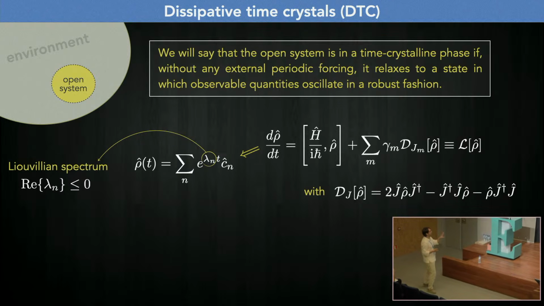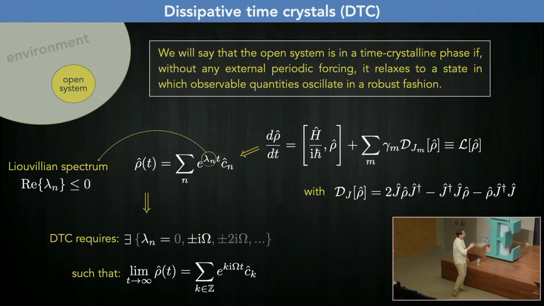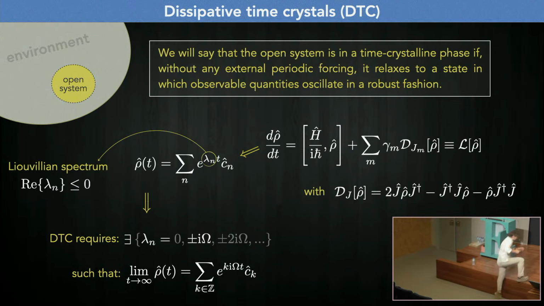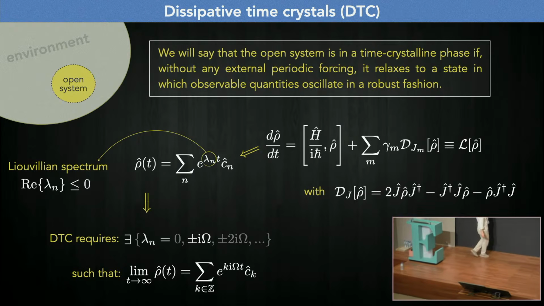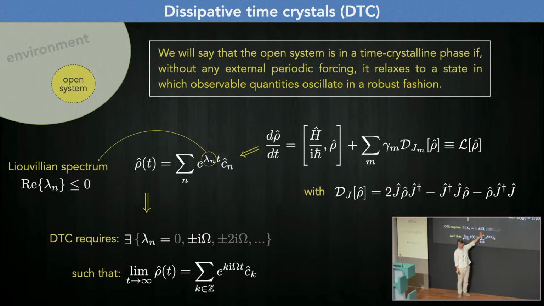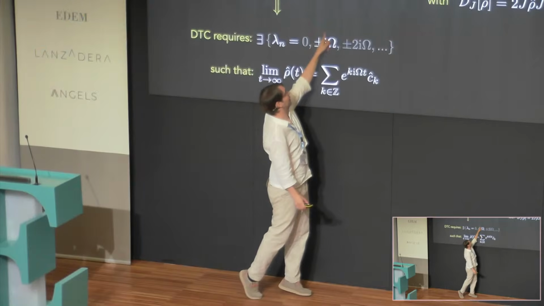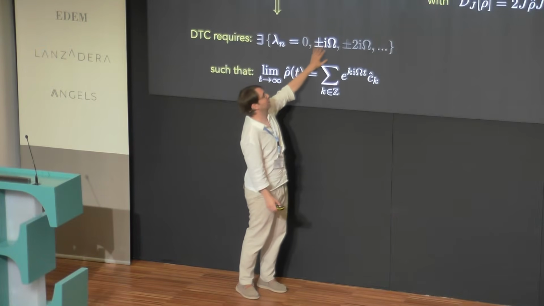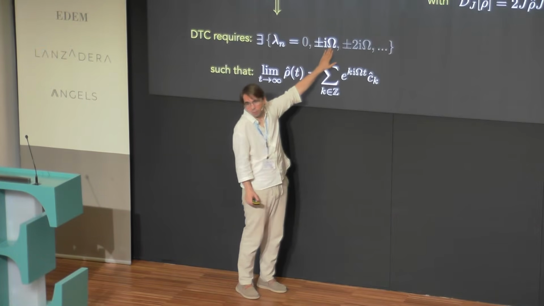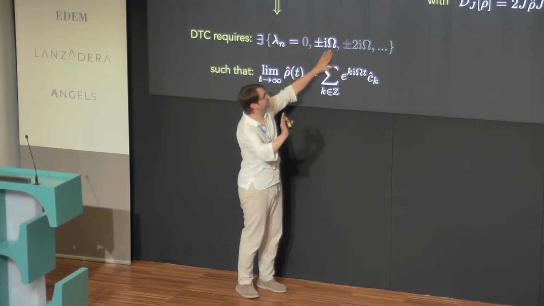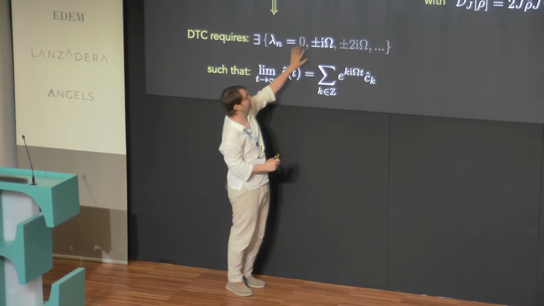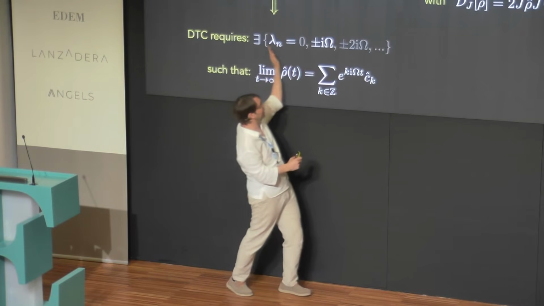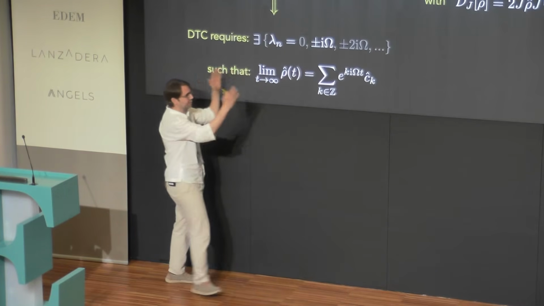Well, like I was saying, the Liouvillean spectrum needs to have a real part that is negative or zero, but this still allows for the spectrum to have eigenvalues that are purely imaginary. For example, if we had plus or minus i omega, with omega some frequency, or any of the higher harmonics, or even the zero eigenvalue, so if any of these exist in the spectrum of the Liouvillean,